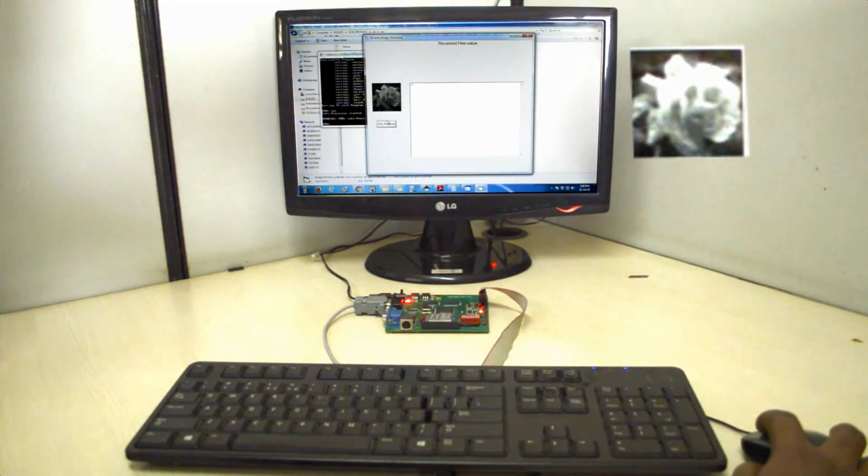So you can see that in the entire image, the noise is removed. So this is the simple implementation of median filtering technique.